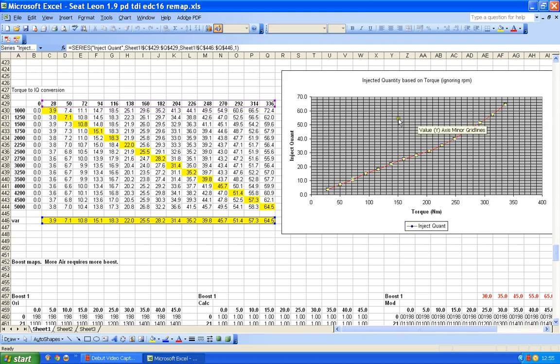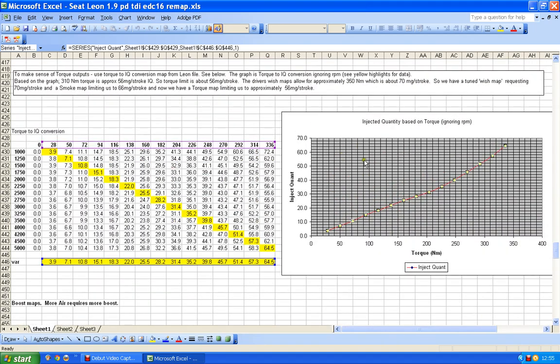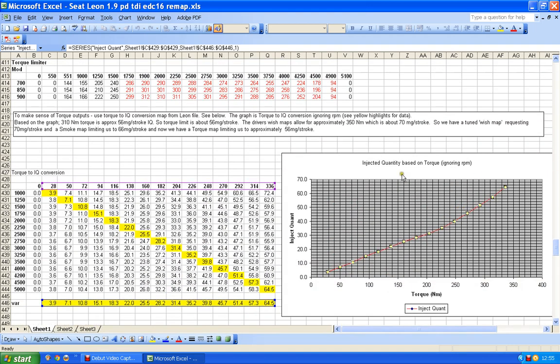Difficult to go across at exactly the same point, but it's somewhere in the region and probably about 55 or 56. So I'm probably looking at about 55 or 56. Now I could have converted this properly and made it look nice, but I haven't bothered, because what I've done is I've given myself a little clue here to remind myself.